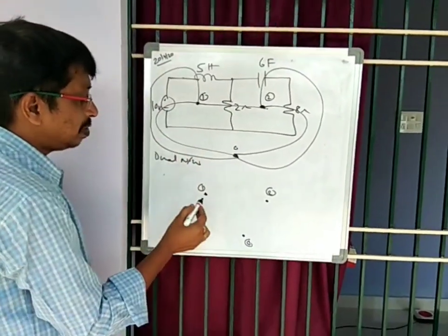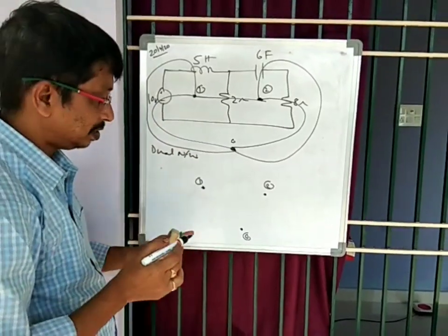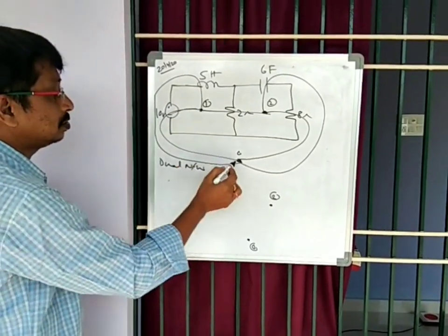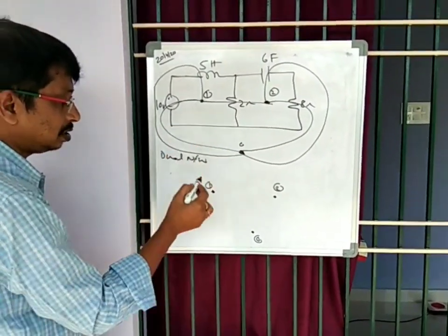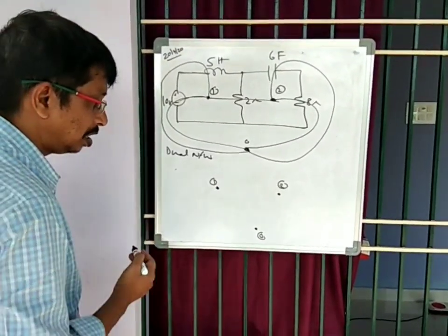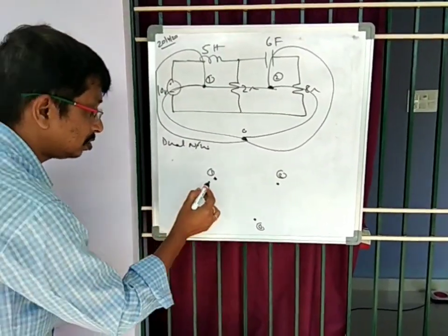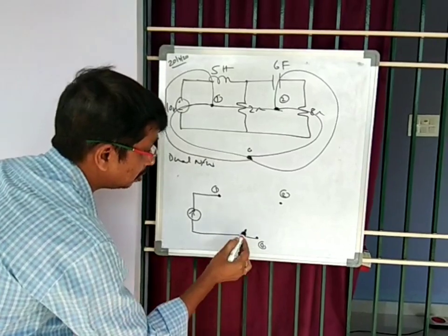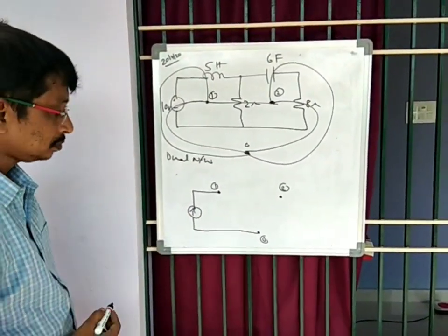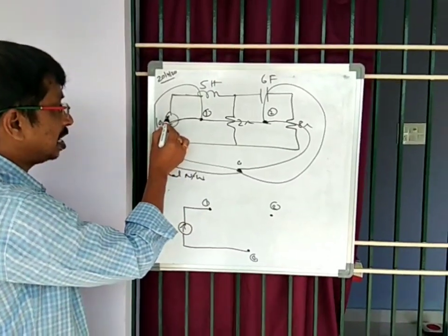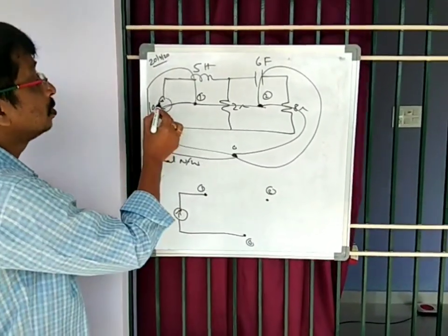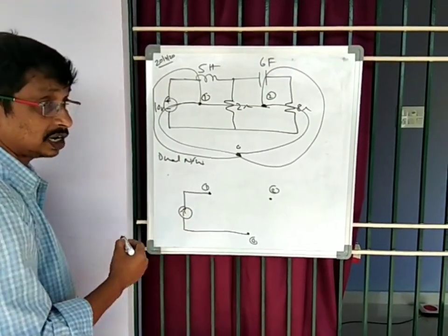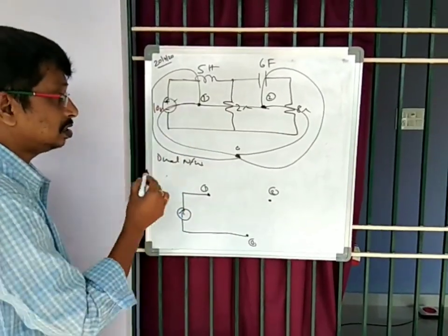Now each element is replaced by its dual in the dual network. First we start with the voltage source. This is the line voltage source. This is between 1 and 0 and that is represented by its dual in this dual network. The dual of a voltage source is a current source, therefore it is represented by a current source between 1 and 0. The direction of the current source is as per the polarity of the voltage source. If its polarity is like this, plus upwards, then the direction of current will be like this. So this element is over.